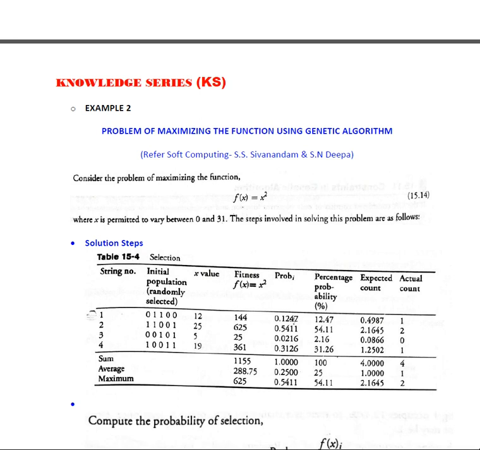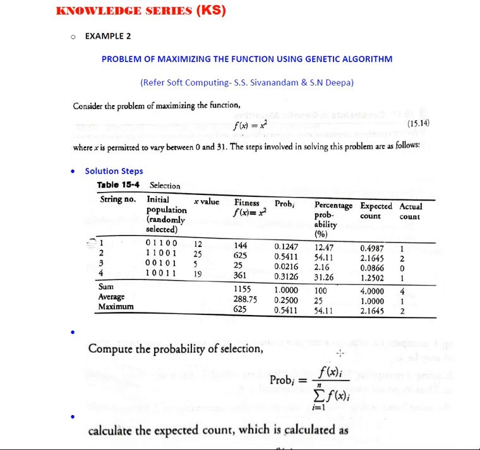That is the second stage. And after doing the fitness functions, how fit is that one? For that we are now going to find the actual count based on the roulette wheel. Now we are going to apply the roulette wheel conditions. Here, if you look across the roulette wheel conditions, this one has the highest probability, and this is followed by this one, and this is followed by this one.